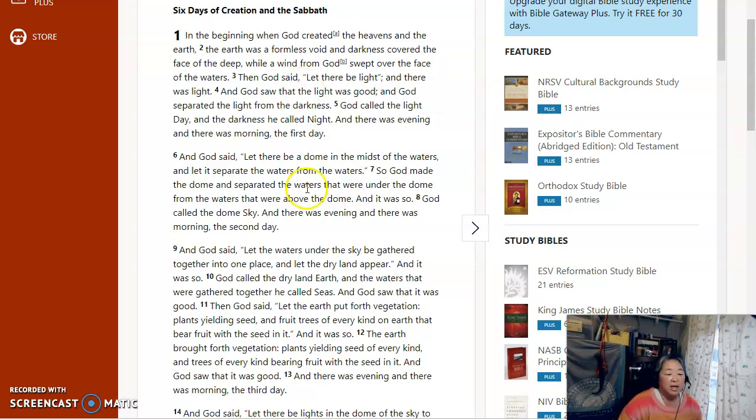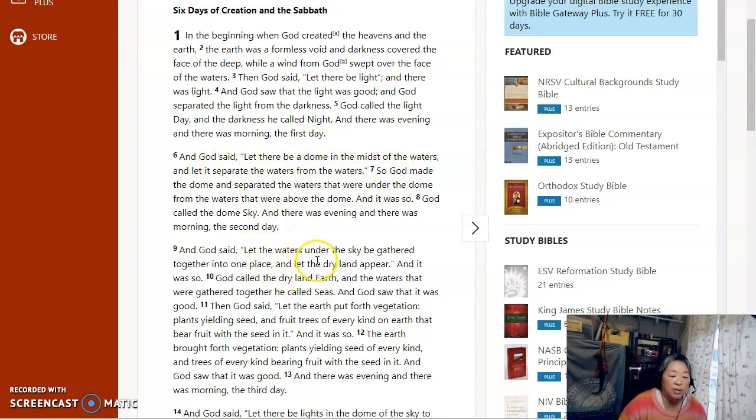first day. Then he makes, I'm saying he because God is definitely depicted as a male in the Bible because it's written by a bunch of men. As we know, God obviously is not defined by a gender, but in the Bible, definitely God is regarded as he. Okay. He says, let there be a dome in the midst of the water, and let it separate the